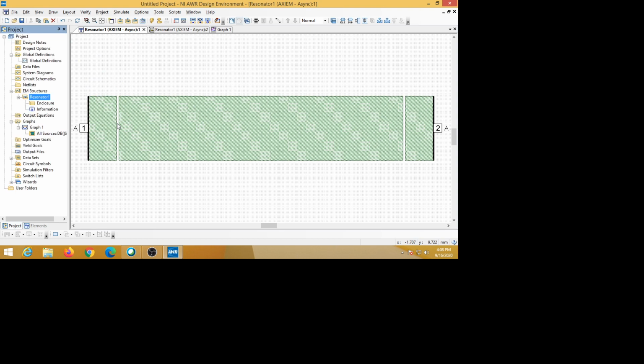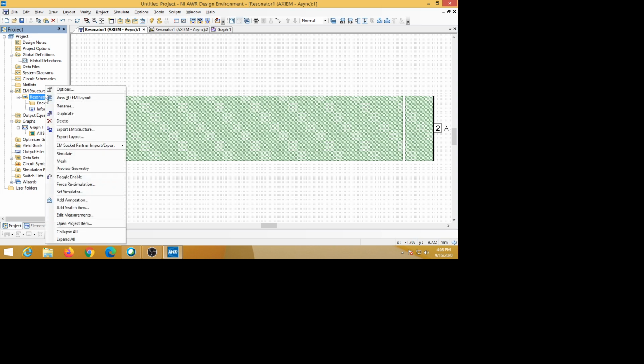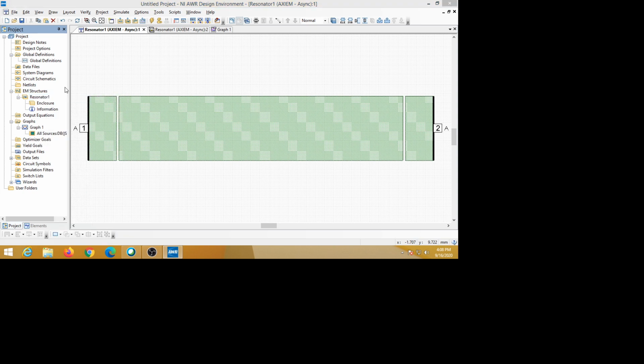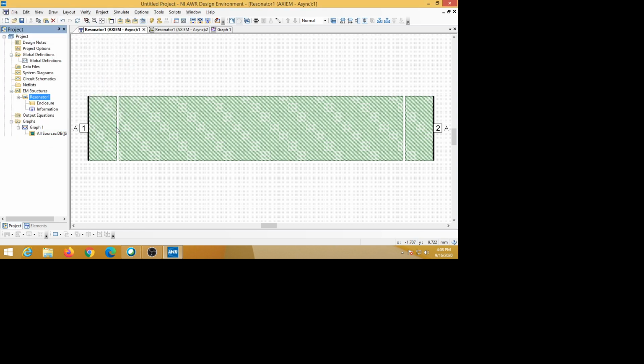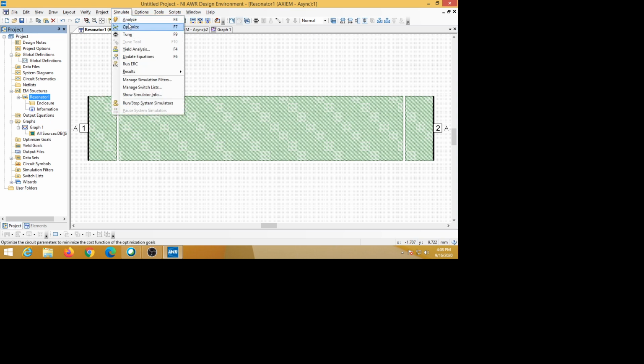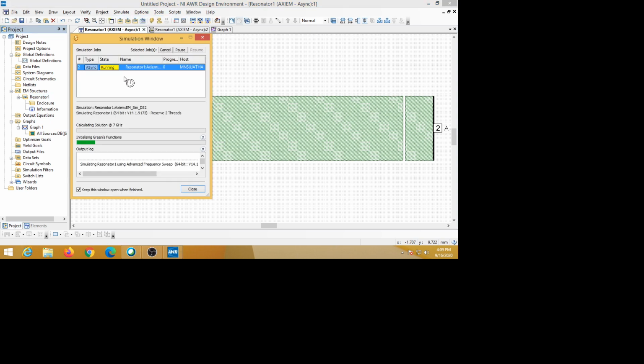So what we are doing here is also checking whether it is changed here or not. If it doesn't change, we should change it here also by going to the resonator and clicking over options. There we will see frequencies again, and it should change there also. If it was not changed, you should apply, and it will appear. Now again you simulate it, simulation, analysis. Once it finishes, you see the output by going to the graph. It is still running here.